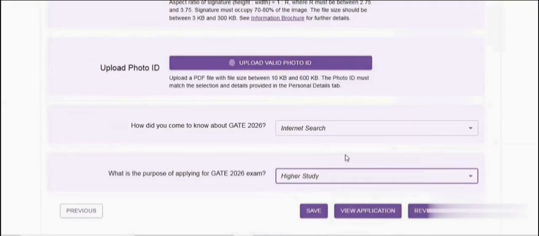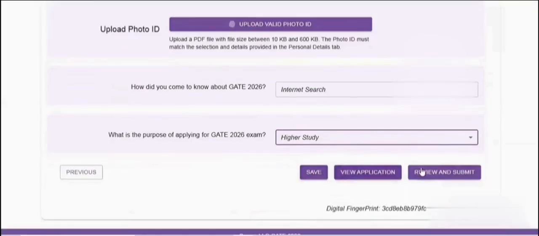I'm choosing higher studies here, and before submitting the application, you have to click on the review button. Once you click the review button, you can see all the details which are already filled. So again, you can check the same, and you can click the submit button. So once you do the submission,